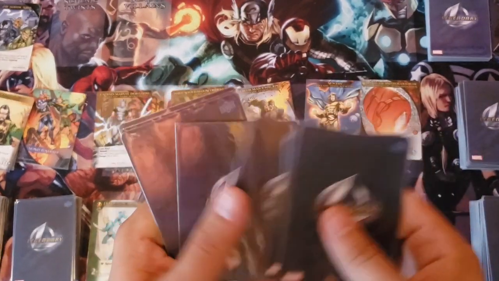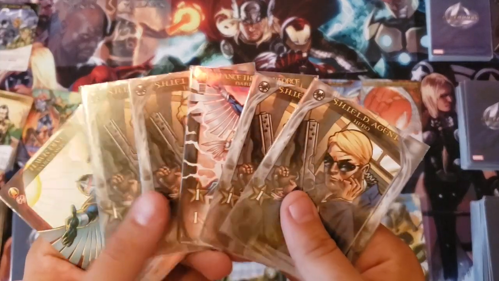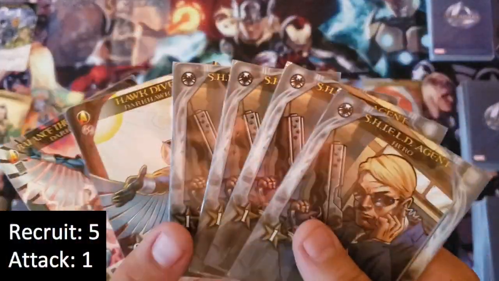1, 2, 3, 4, 5, 6. Okay, so it's player 2. Let's take a look. All right, cool. So we have a decent hand right now. So because I have a lot of recruit right now, I think I'm going to